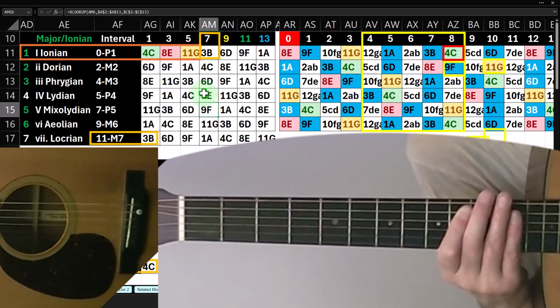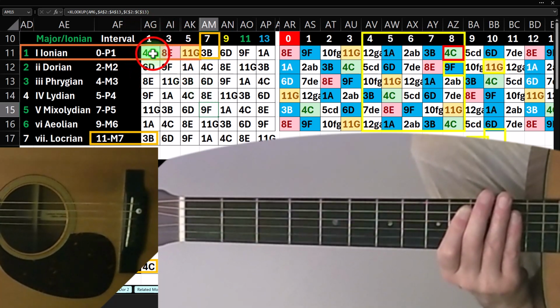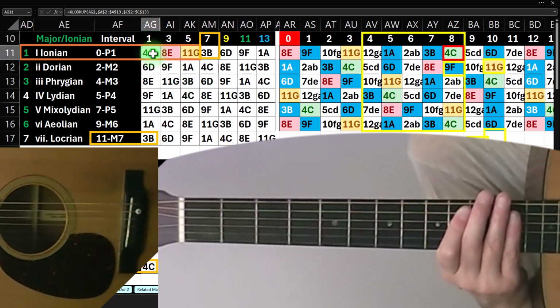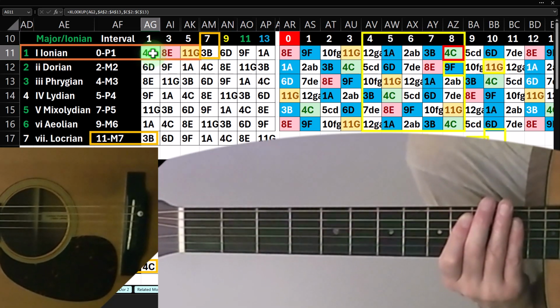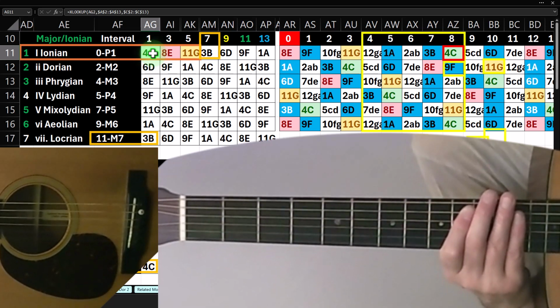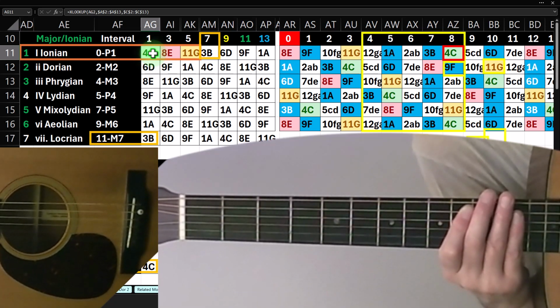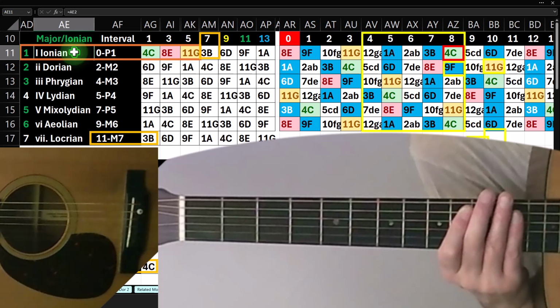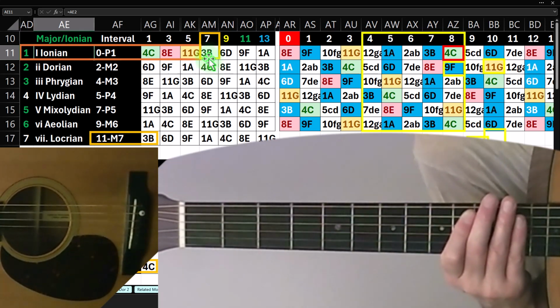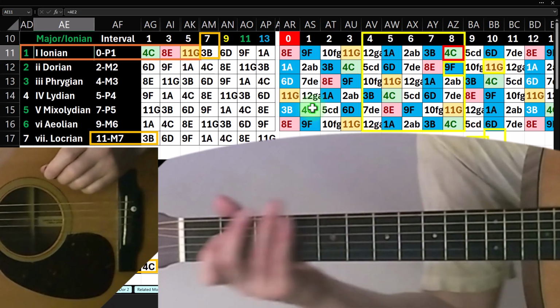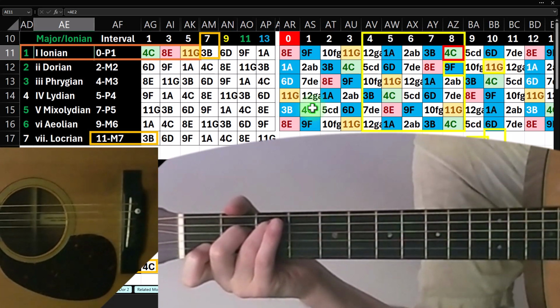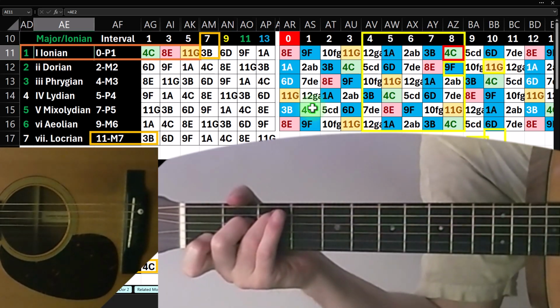So then the question is, well, what if I wanted to play something bluesy, right? What if I wanted to play a bluesy thing? Well, the bluesy thing, what it does is it always puts in the minor 7, right? So what if I wanted to put in the minor 7 all the time? Well, then I'm going to be thinking, okay, I'm in the key of C, but I'm always going to be adding a minor 7. So like if I was playing the C shape down here, then it's going to be like